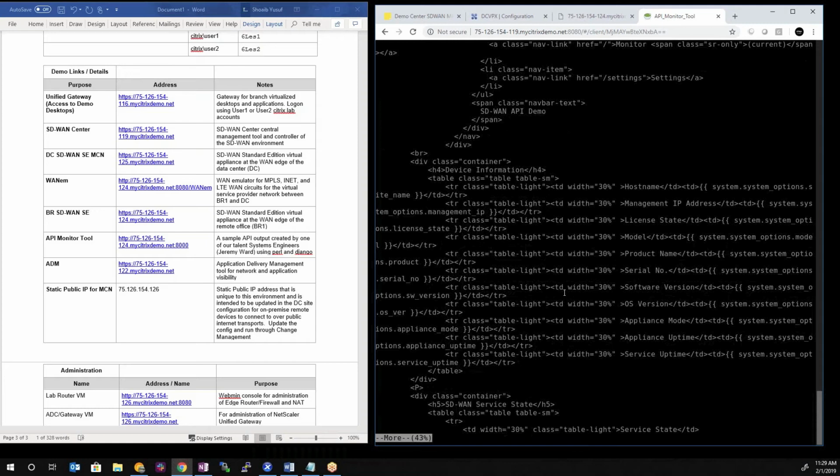Okay, so with that, that was just a quick run through of that tool that was developed to showcase how to monitor SD-WAN devices using API and to create a simple visual in a web format to display that captured content. All right, so we can then